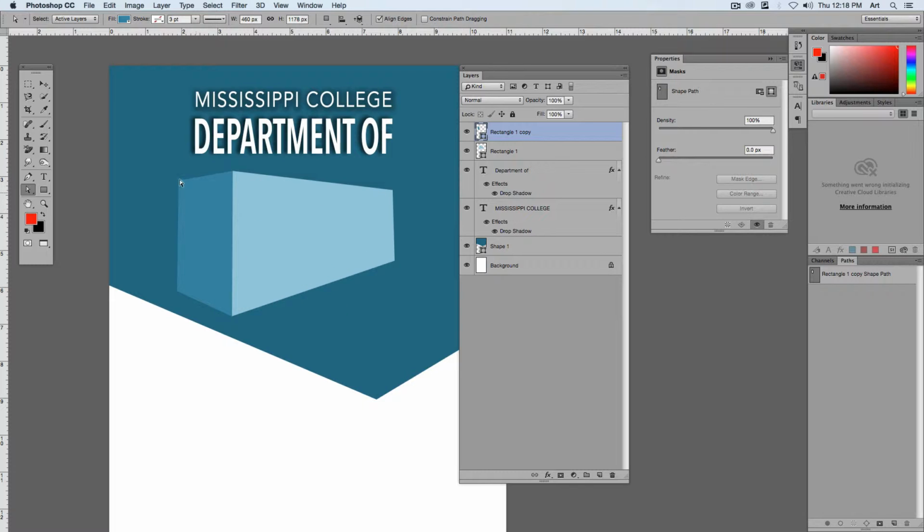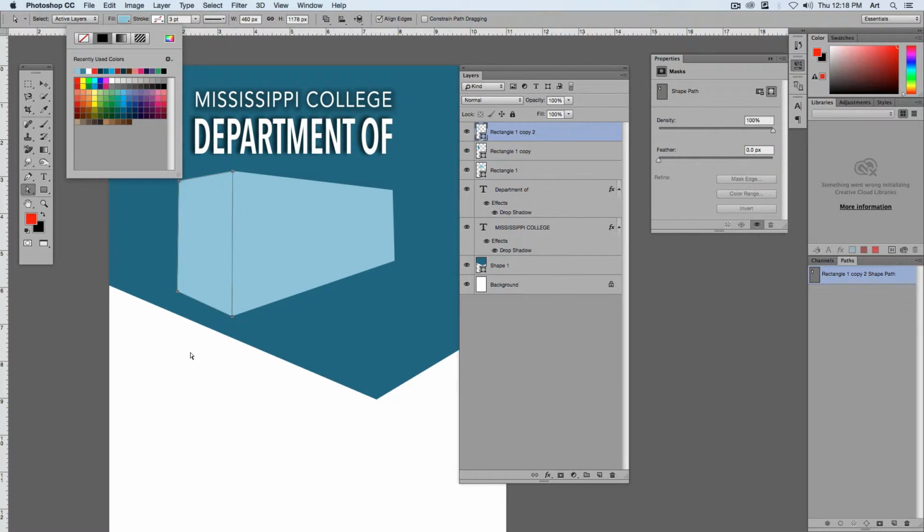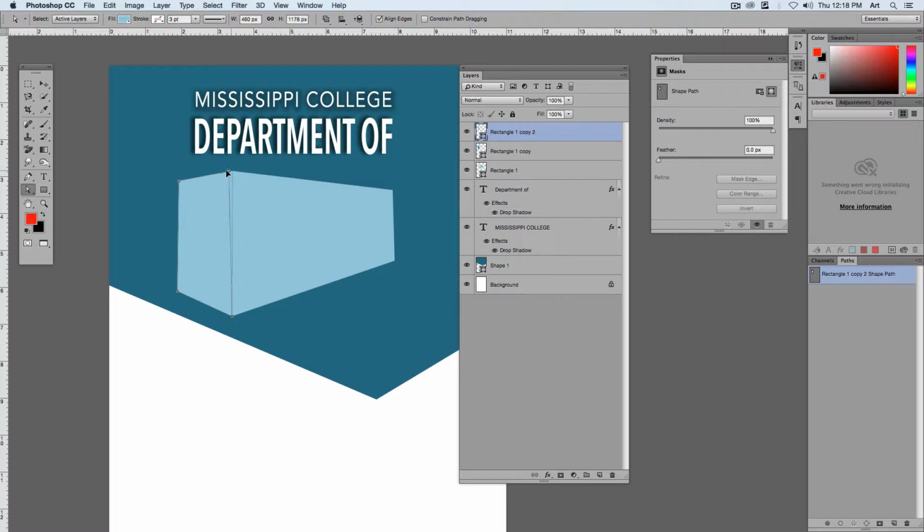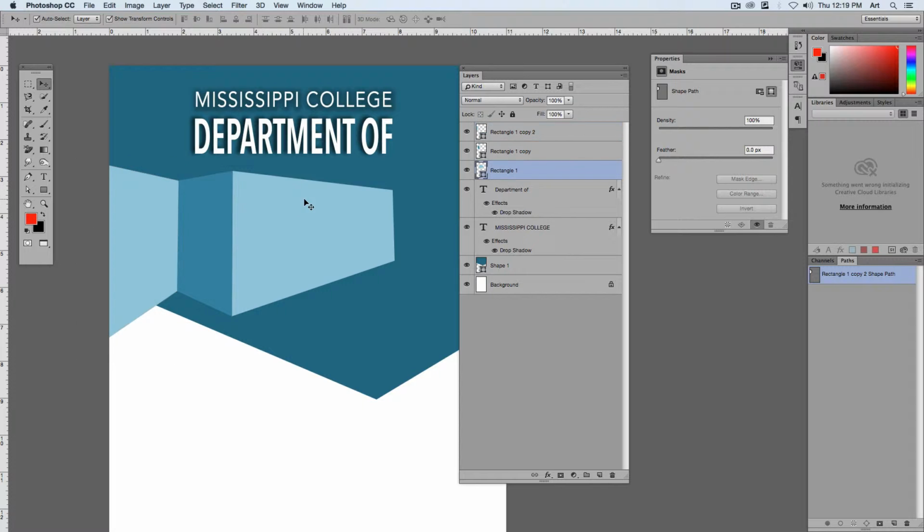I can add more walls onto it. If I wanted to add a wall that's connecting here, or let's put one behind there. Simply make a copy of the shape, and maybe we'll lighten this one up too. And that copy is what I will change for the direction of it, so it looks like it's connecting. And let's put one behind here. Make sure you select the correct layer. In this case, I'll want to select this layer, copy it,